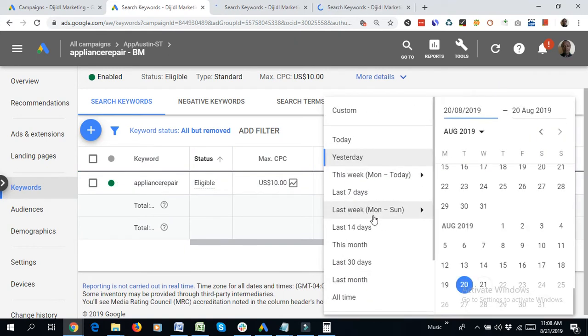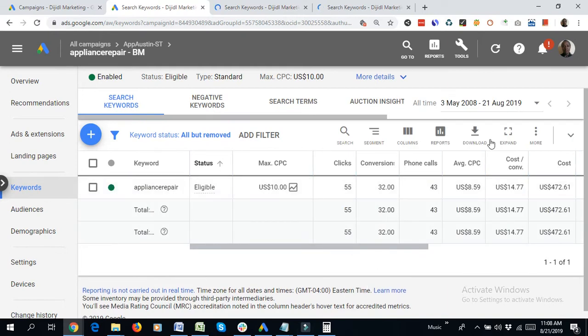So here again I view all time data. Then viewing all time data, we have 43 phone calls compared to 55 clicks. So we could possibly have a maximum of 43 conversions, but this is an assumption we are making here because we don't know exactly. It could be even 40 conversions, because not every phone call can be assumed to have been a conversion. But for purposes of this task, we make that assumption